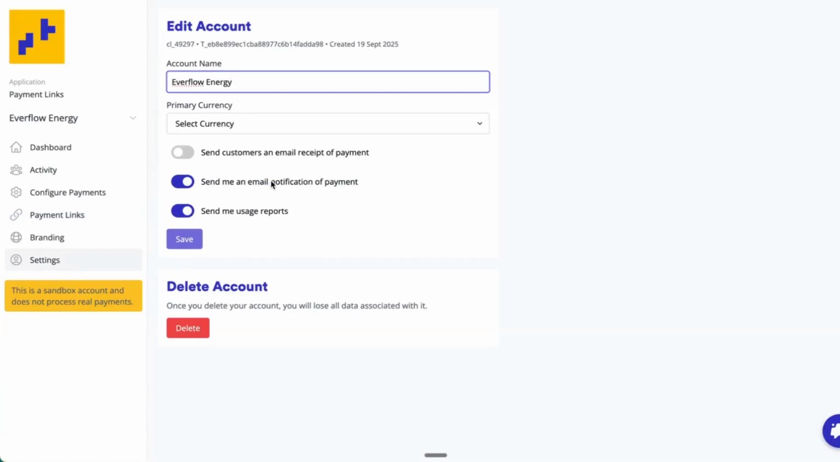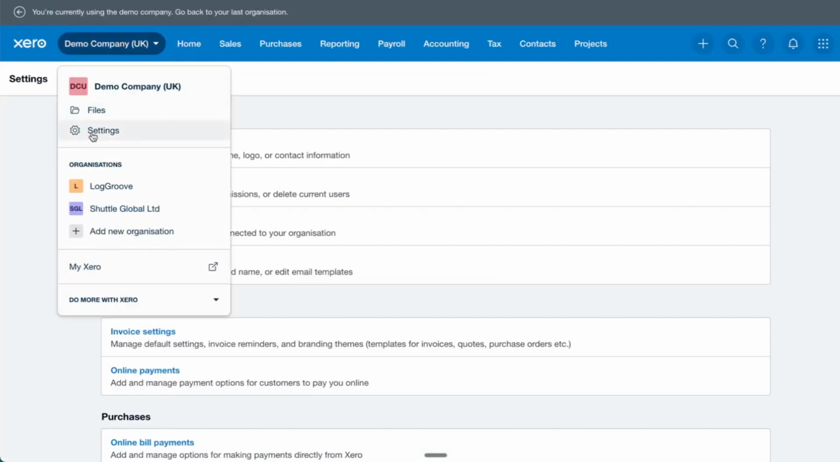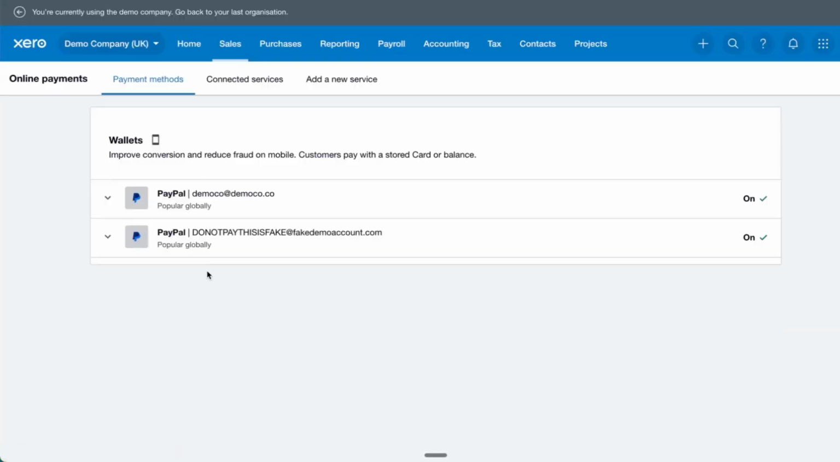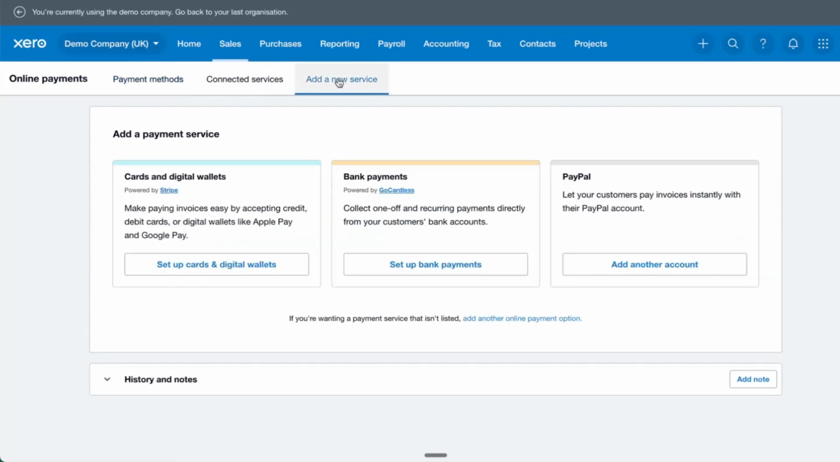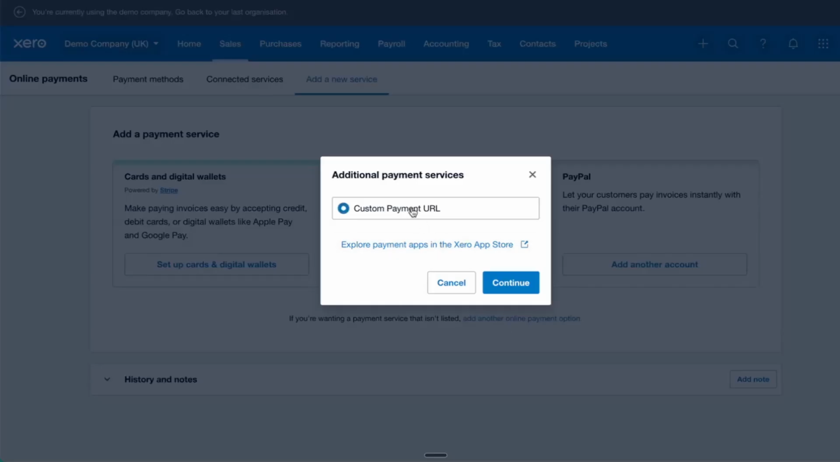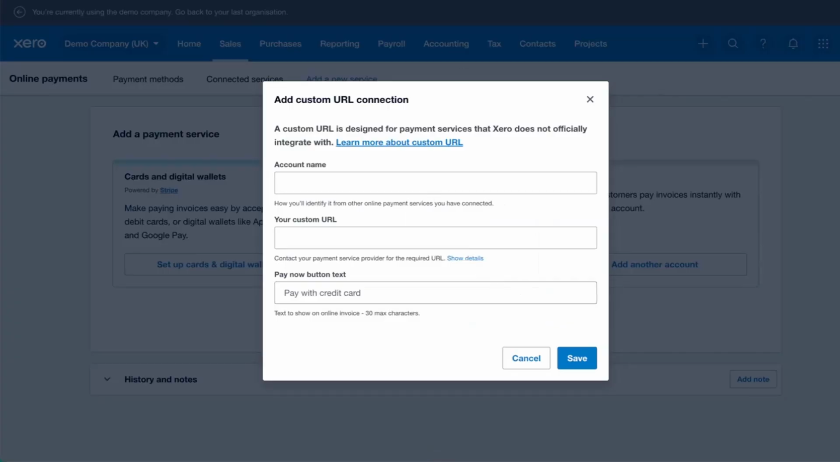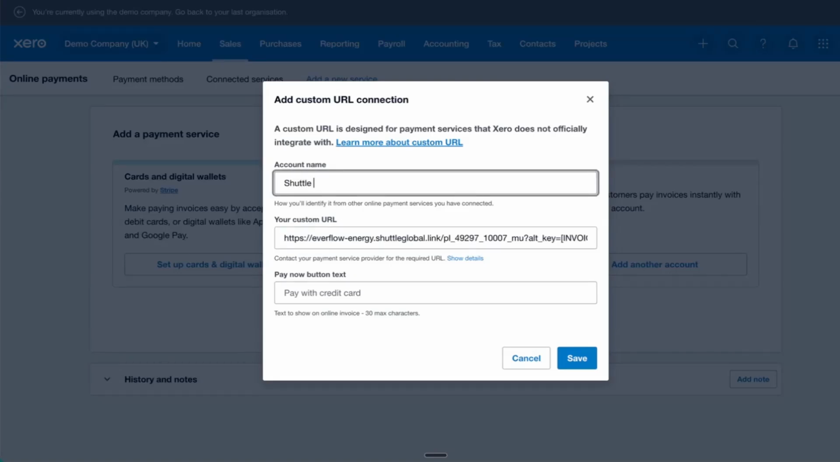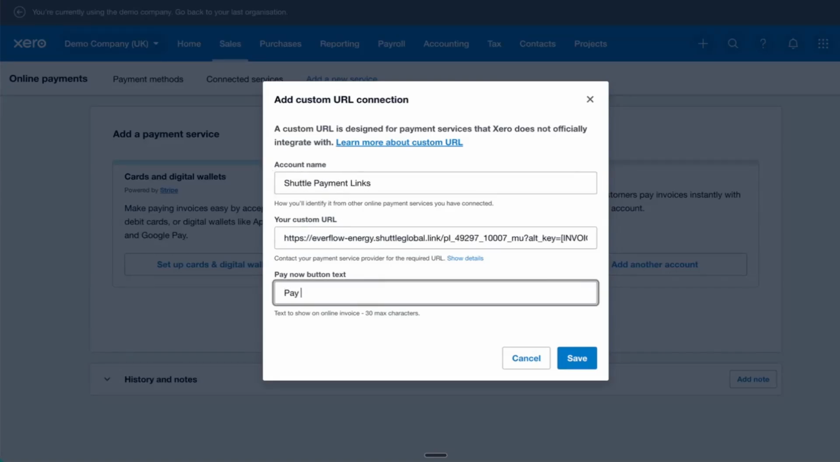Toggle that on. Go to Xero, navigate to Settings and Online Payments. Select Add a new service and add another online payment option. Choose Custom Payment URL. And then take that URL that you've just created and paste that in your custom URL. Give this connection an account name that you can use internally and what you'd like to have appear on the